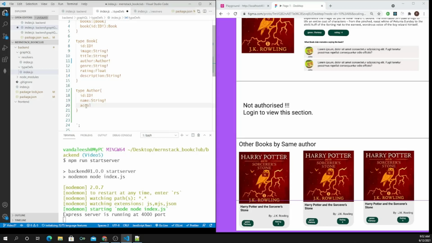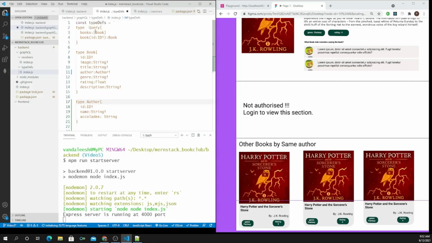Let's call it accolades, and that is a string. And let's keep it as not mandatory. Now this is perfectly fine. We can continue to build the schema for this like this, and we need to define the query for author